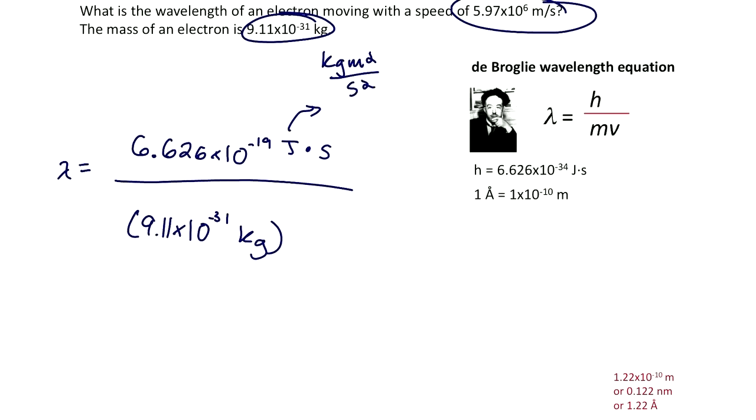So we want mass to be in kilograms. All right, so if you're given grams, do make sure you make that conversion to kilograms so it's consistent with a joule. And then velocity is given, 5.97 times 10 to the 6th meters per second. All right, and so we can see,